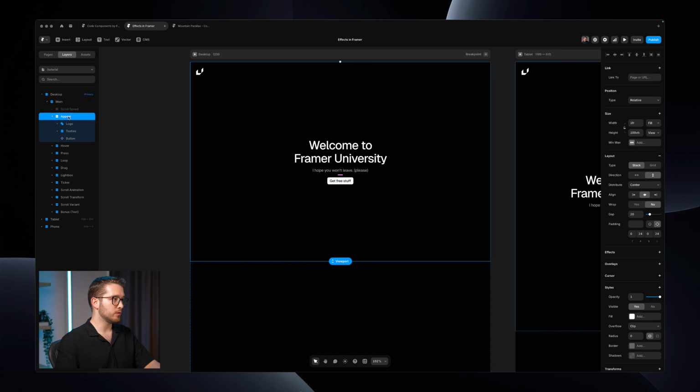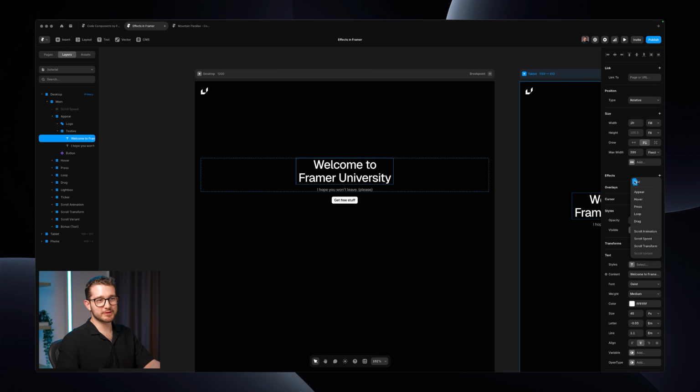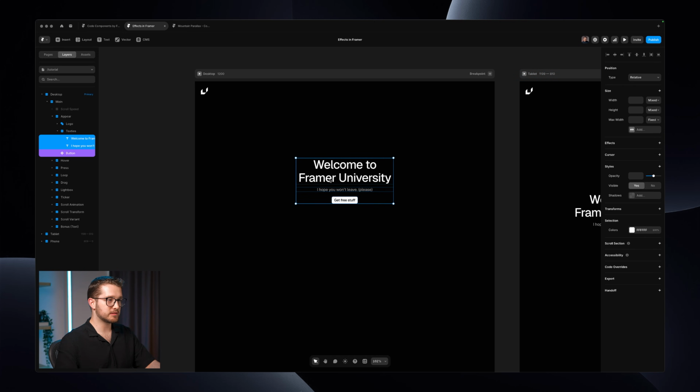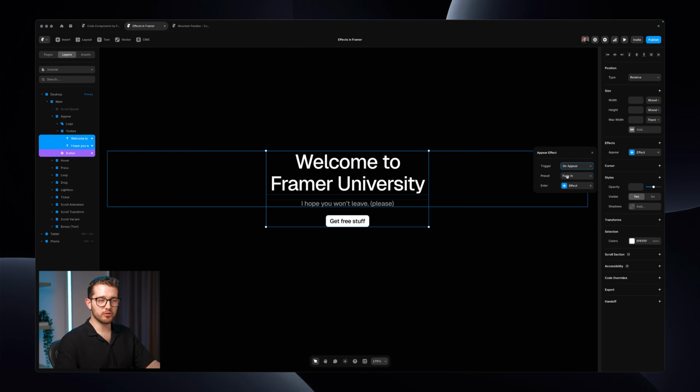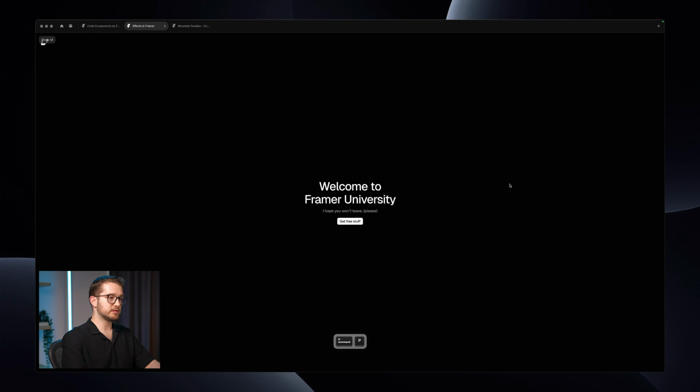So appear. What does appear do? Well, it just makes basically these layers, these frames appear on the website. So what you can do with this is you can just select all of the elements that you want to animate in, and then on the right, effects and appear. And even if you don't do anything else, you just apply this appear effect here, you're gonna see this. It's gonna be just a simple fade in effect. As you can see, it's not even visible,